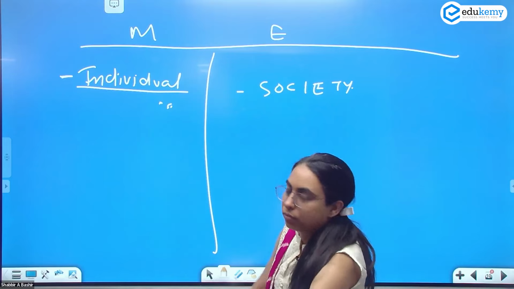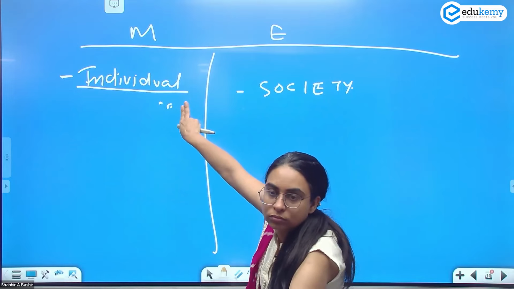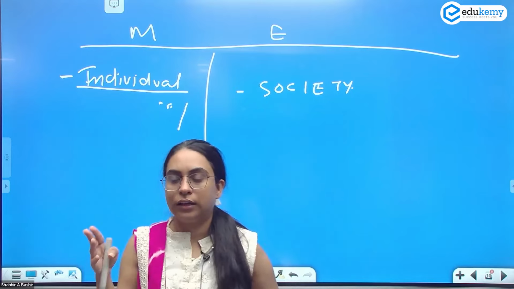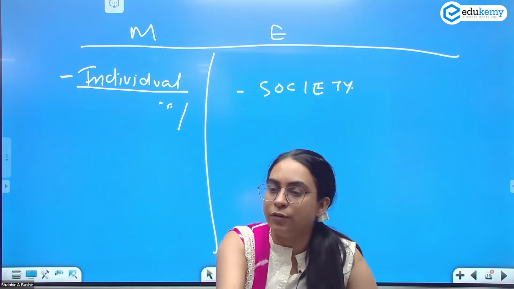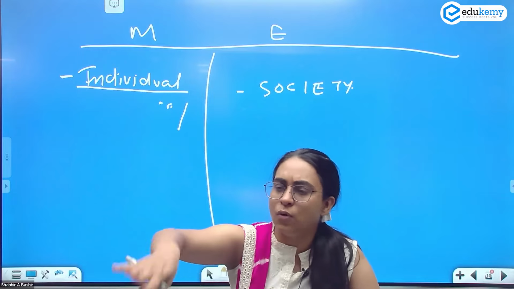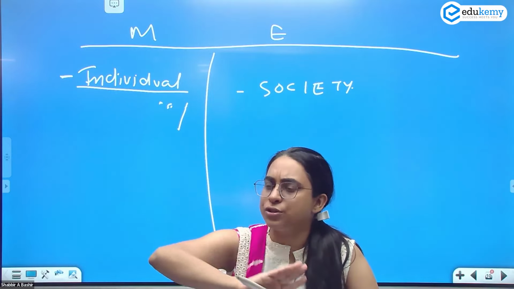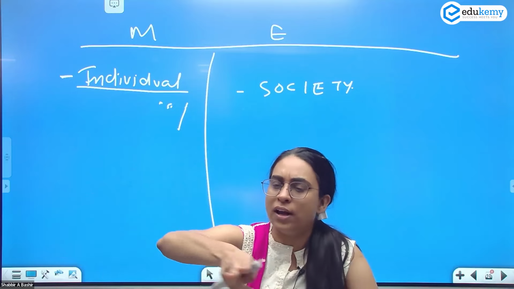Now, this is what you believe to be right or wrong. Now, if you believe something to be right or wrong, if you don't follow, what will happen? If you believe that probably killing an animal is wrong, but now somebody is killing an animal in front of you. There is a society which believes that it is fine to kill an animal because for, let's say, tradition, for, let's say, custom. Cockfight is probably right, but you are an environmentalist.